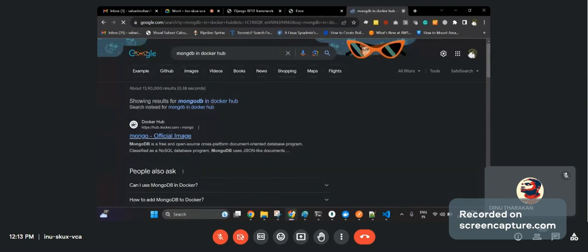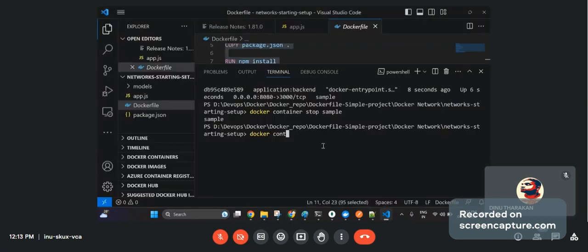So you can see there is an official image. So do I want to build a Dockerfile for that? No, I just want to do what? I want to come here and run a Docker container. To pull? I don't want to pull. I mean, I can directly create from here, right? Why do I want to pull this image? Okay, docker container run -d --name mongodb and mongo.